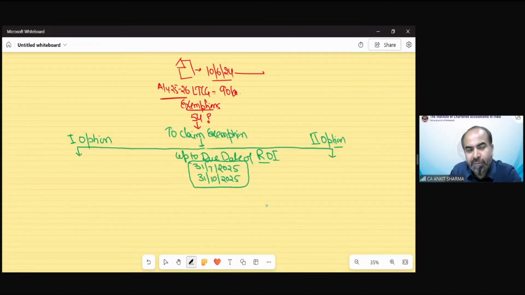So the department says you have to fulfill one option up to these dates, as applicable. Suppose we fall in the first condition, 31st July 2025, or the 31st October condition, then according to this date, you have to fulfill either option 1 or option 2. So what is option number 1? Now you will feel this is very silly, what the provision is going to say. Option 1 says that you have to